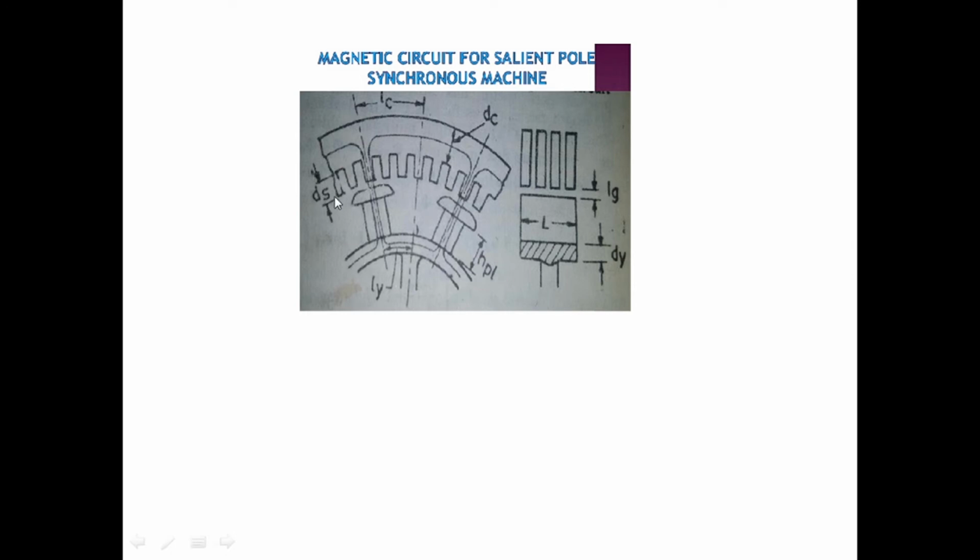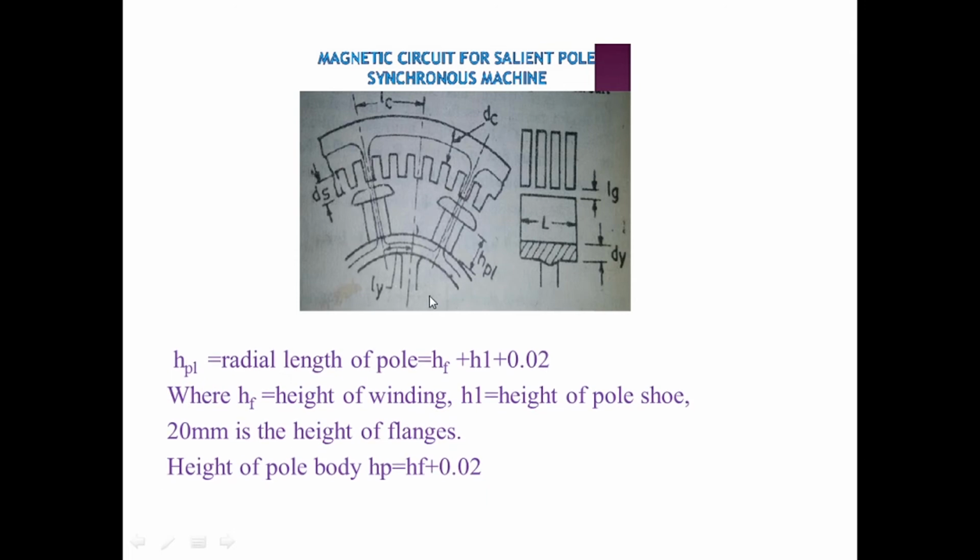You can see here the depth of the slots, and this is the height of the pole, HPL. These are all the poles. So HPL is the radial length of the pole, or you can say the height of the pole, which is equal to HF plus H1 plus 0.02. HF is the height of the winding, plus H1 is the height of the pole shoe,